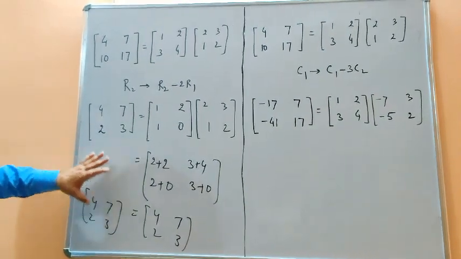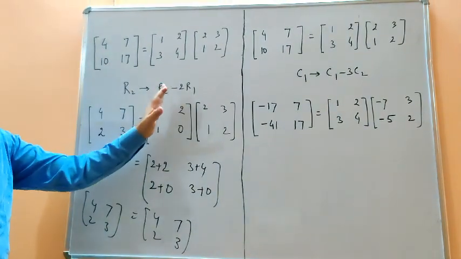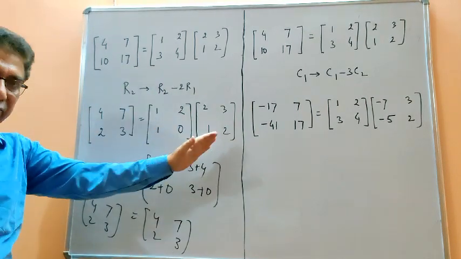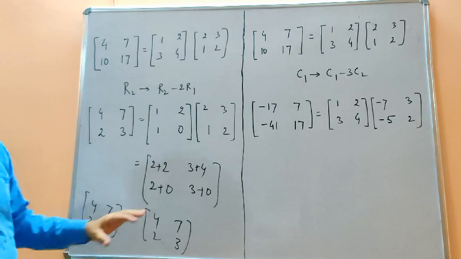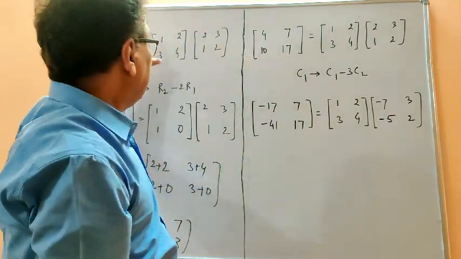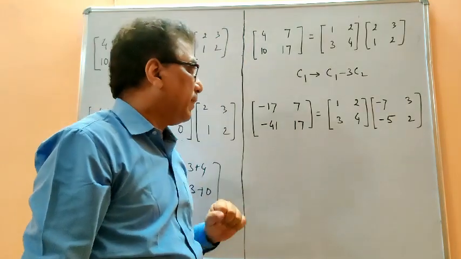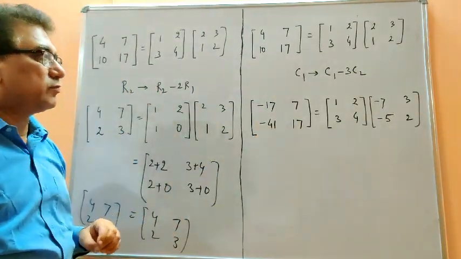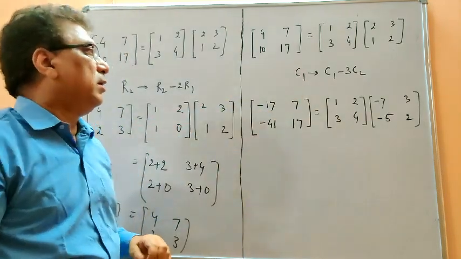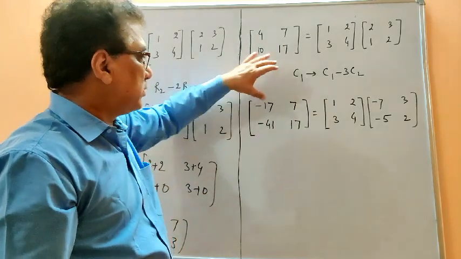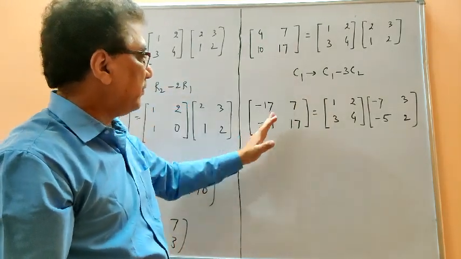So I repeat that for the elementary row transformation, the first matrix should be transformed, not the second one, on the right hand side. Now, in this case, I've taken the same example here. The matrices are the same. Now we want to do this operation, which is called elementary column transformation, and this is also of the third type.